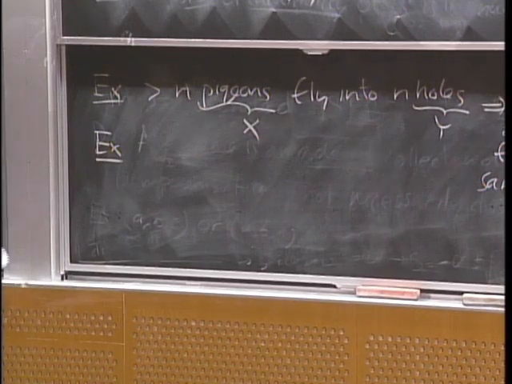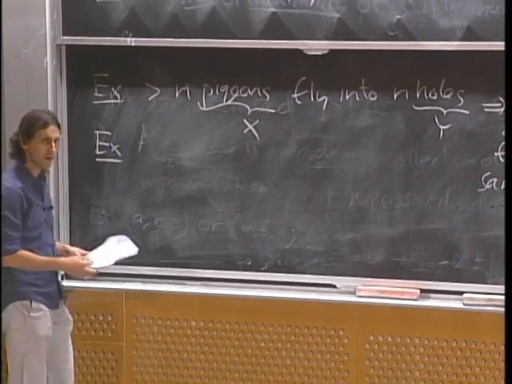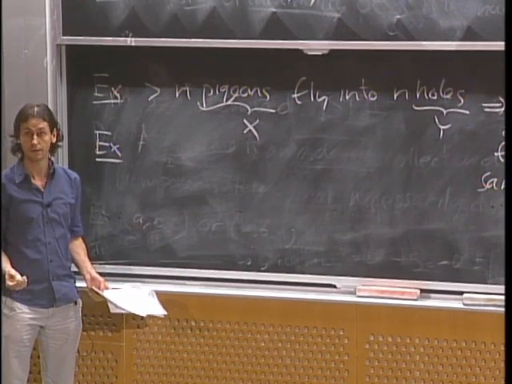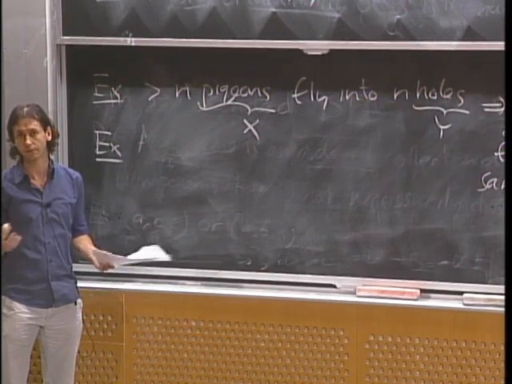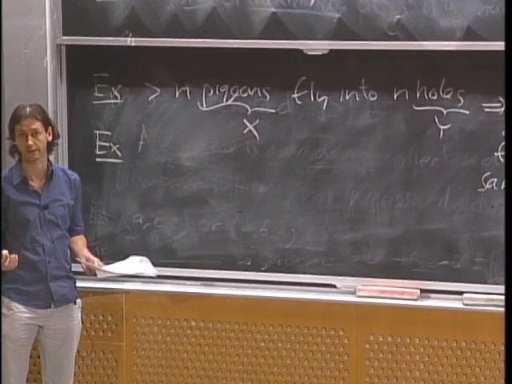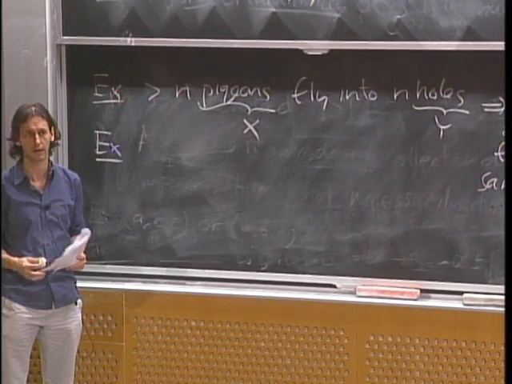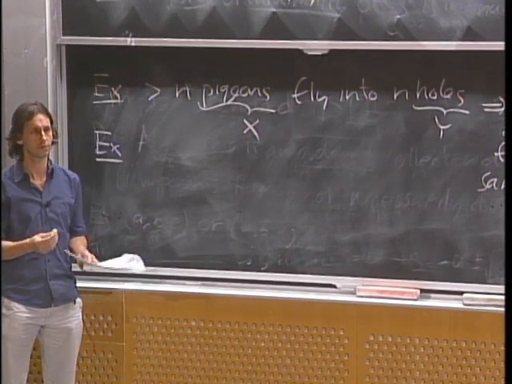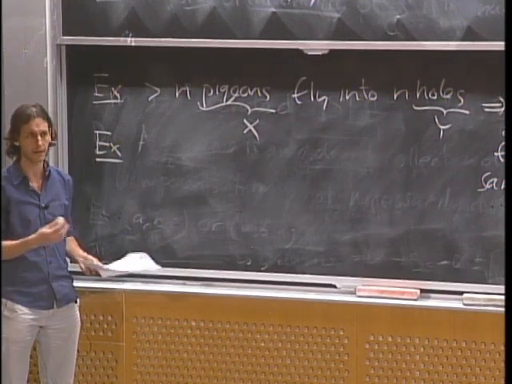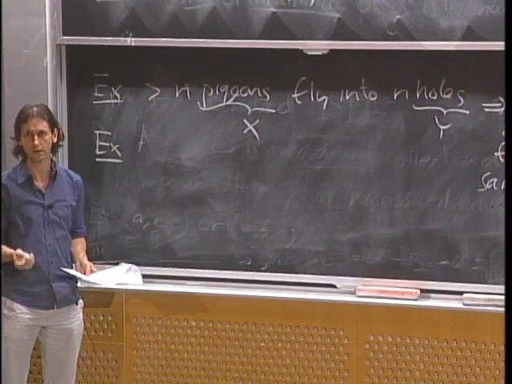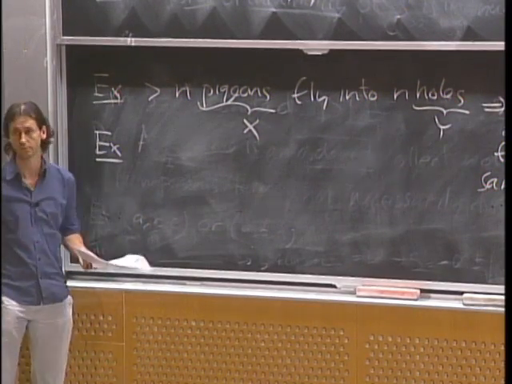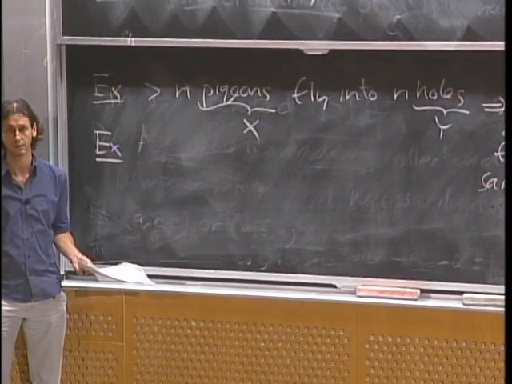Let's think about Boston. In Boston, we have, say, 500,000 non-bald people. It turns out that there are at least 3 people that have the exact same number of hairs on their head. That's kind of weird. How do we know that? I cannot point out any 3 in Boston that have the same number of hairs. I have no idea, but somehow I can count and use this principle and tell you that it must be true that in Boston, with 500,000 people,